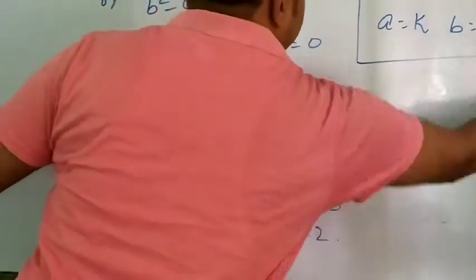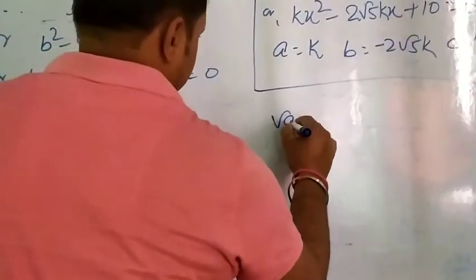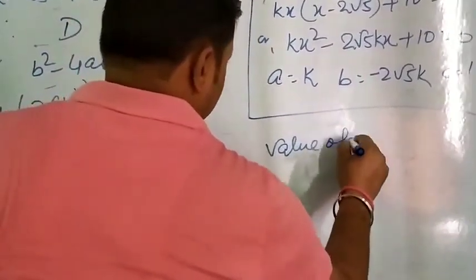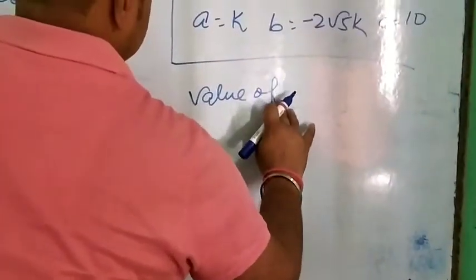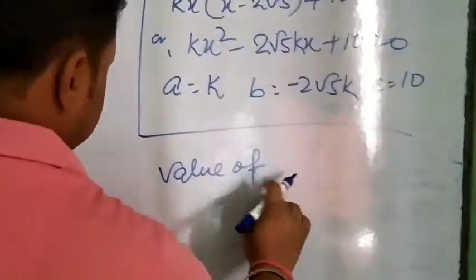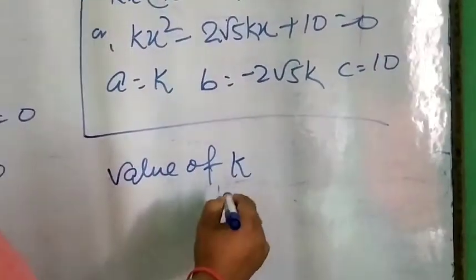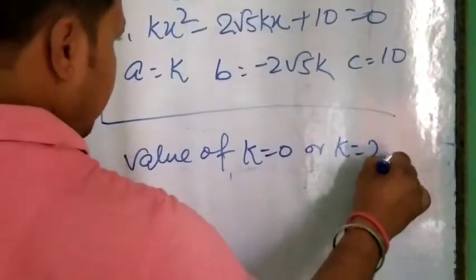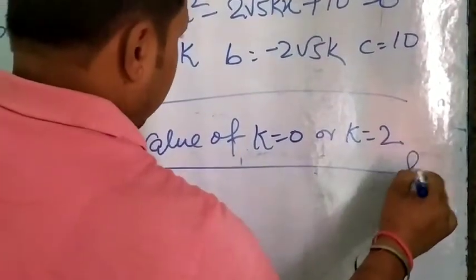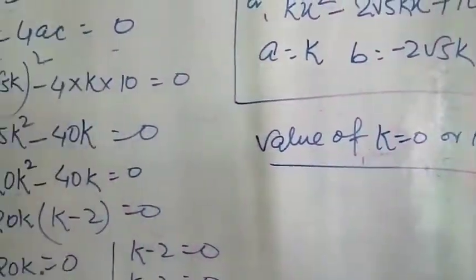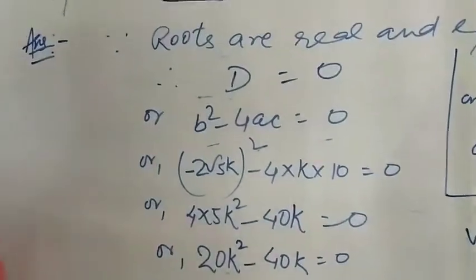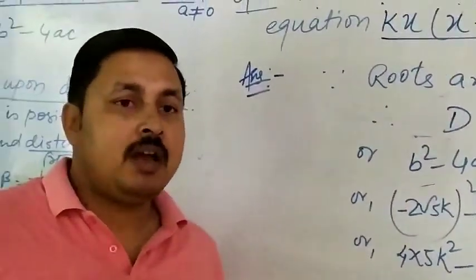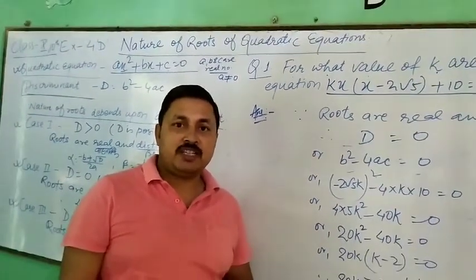So the value of k equal to 0 or k equal to 2, and that is your answer. In this way you can solve this type of problem. Many problems I will also explain, just wait for a